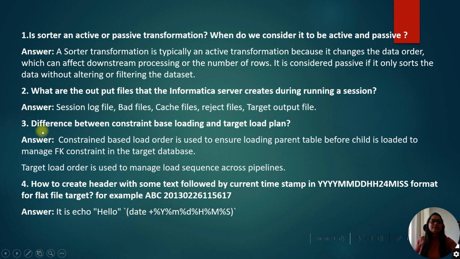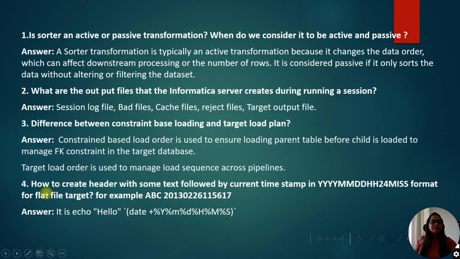Then the next question: difference between constraint based loading and target load plan. So the difference is that constraint based load order is used to ensure the parent table is loaded before the child table, to manage the FK constraint in the target database. FK is nothing but the foreign key. Target load order is used to manage the load sequence across the pipelines. It means if in the same mapping you have multiple targets, then you can load them sequentially as per your